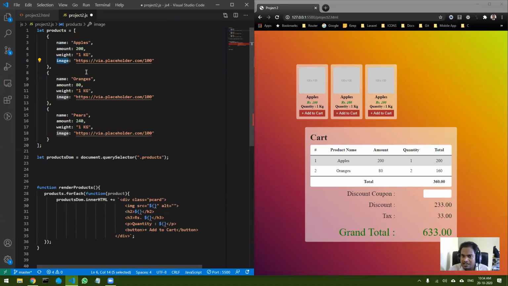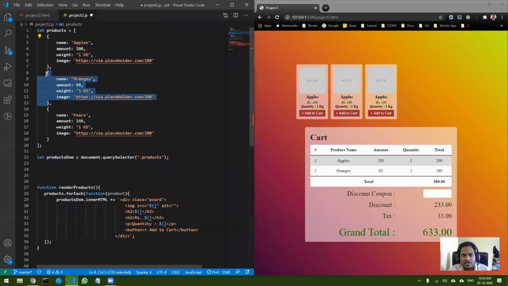Now how to get an object value? I want to get this property from this particular object. When I do products forEach, in the product I'm going to get this particular object, one object.